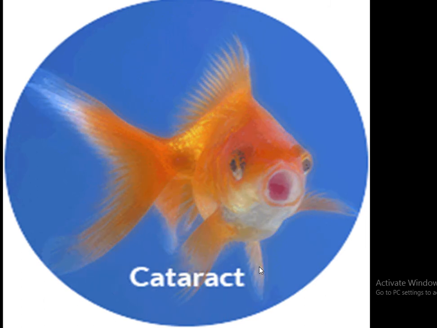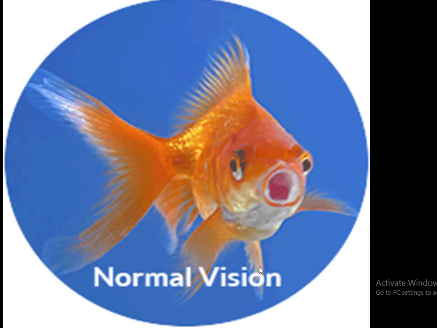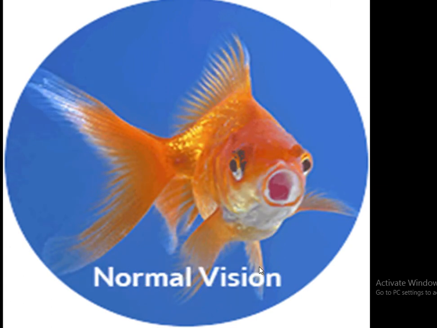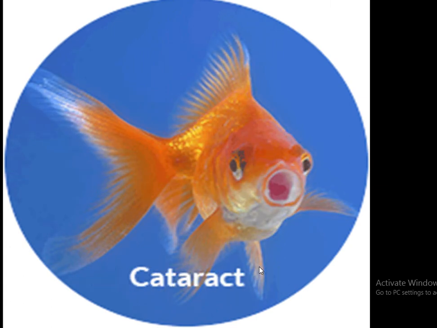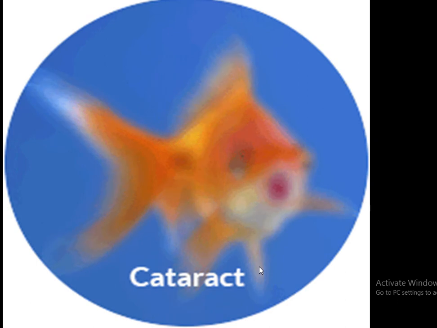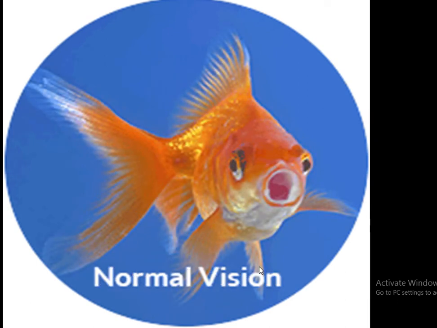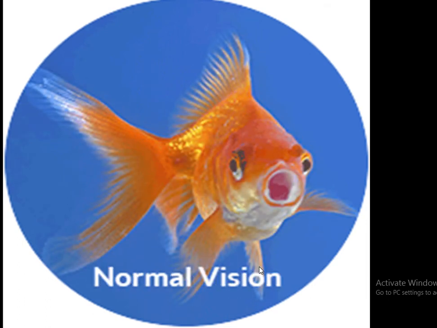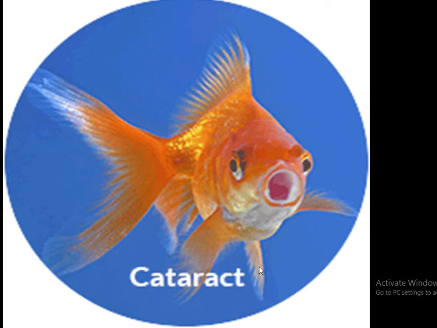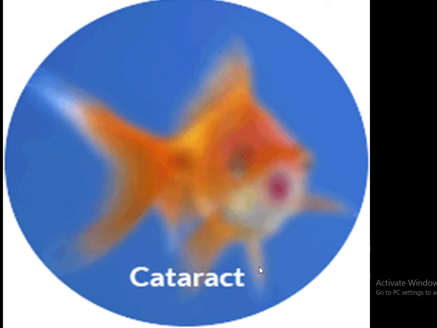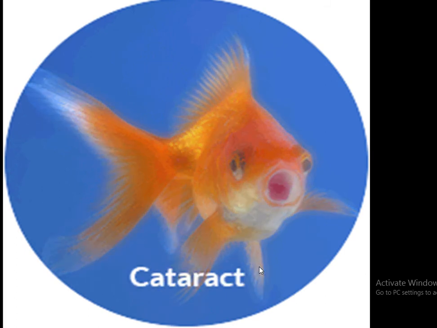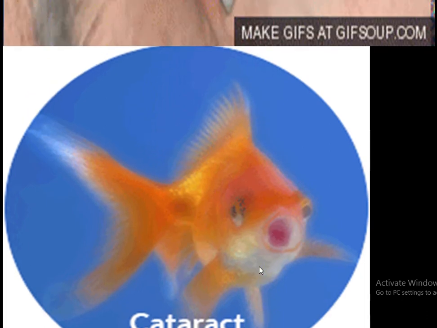taking place. So if it is a mature cataract, you can have just light perception, but as the cataract is immature, there will be little blurring of the vision, and this blurriness increases with the opacity of the lens. In a fully mature cataract, there is only the perception of light, otherwise no image will be formed.